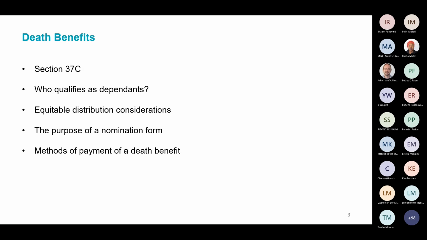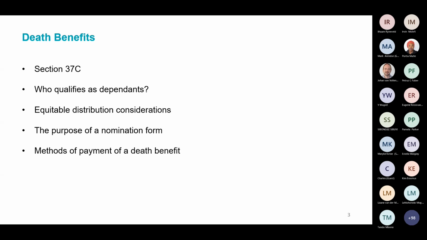The areas that I will cover in respect of the death benefits will be, of course, the section that regulates the payment of death benefits, which is section 37C. Importantly, who qualifies as dependents? As you may know, in the context of death benefits in terms of section 37C, it's a very wide range of dependents. Of course, of paramount importance is that the death benefit distribution must be done equitably, and therefore